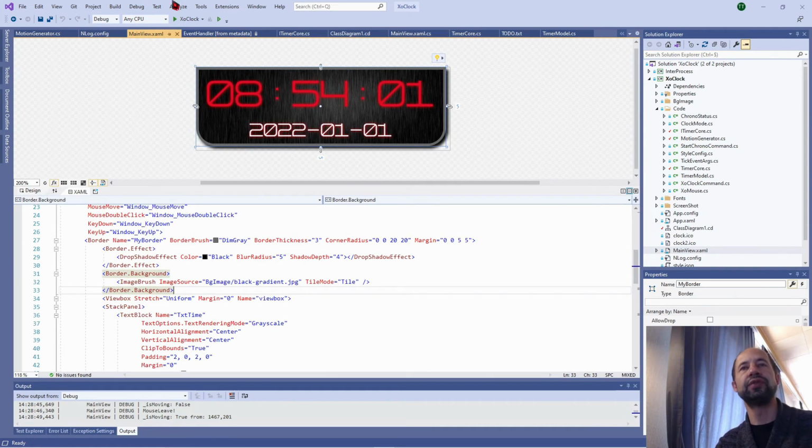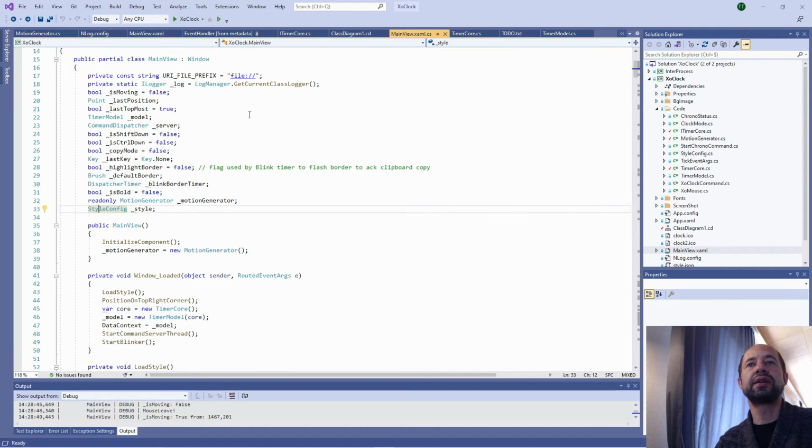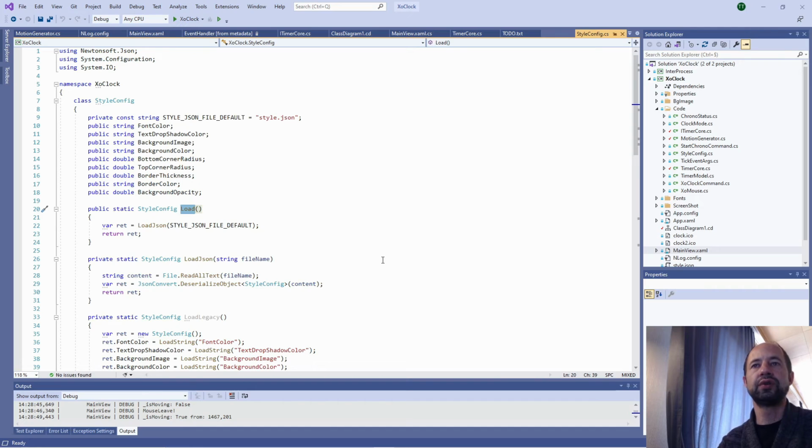And I am using these different properties of this style config object inside my code behind here. And if we look at the style, it is instantiated at startup via this factory method, which in fact is only loading a default style.json file, which is named style.json.